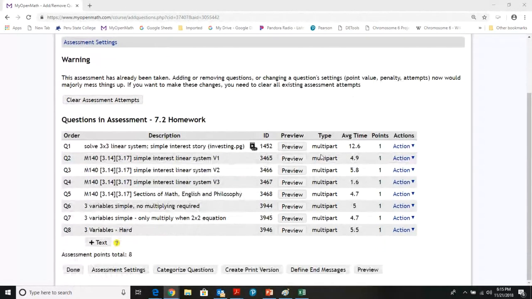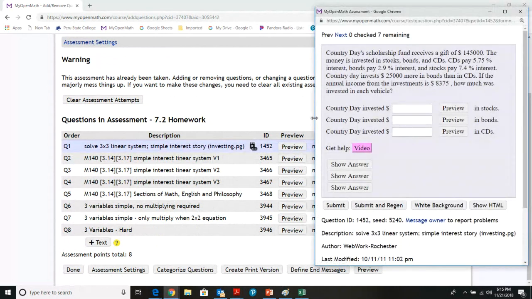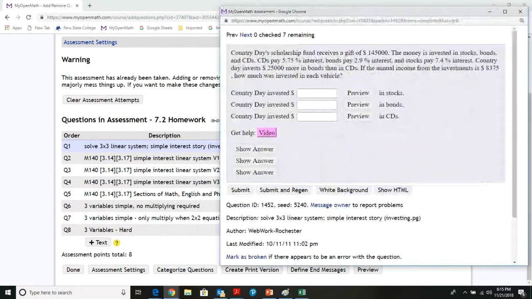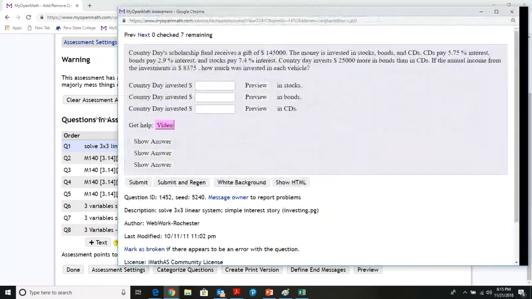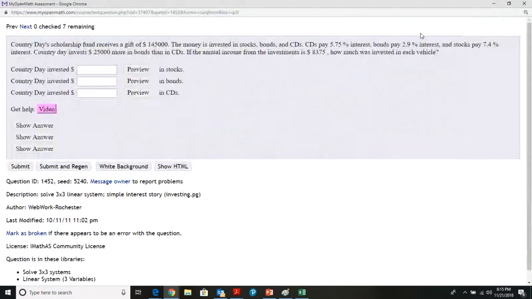Right, let's look at the 7-2 homework where we're solving systems of 3 equations. There's going to be a couple kind of like this. This is similar to the one we did in class, if you think about it. What we've got is